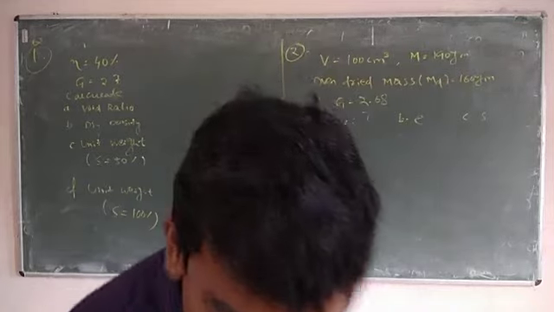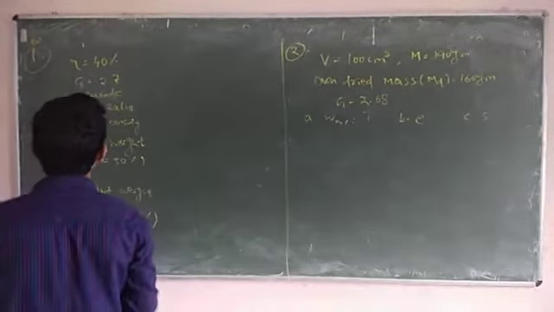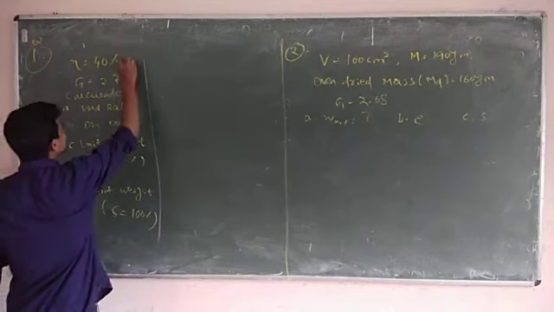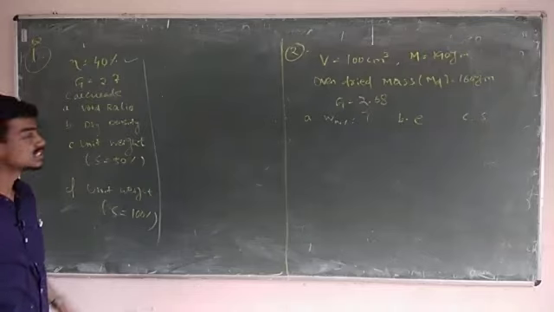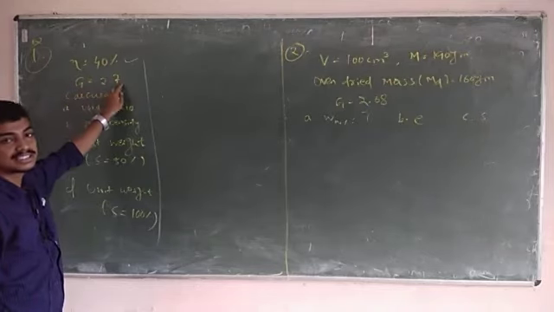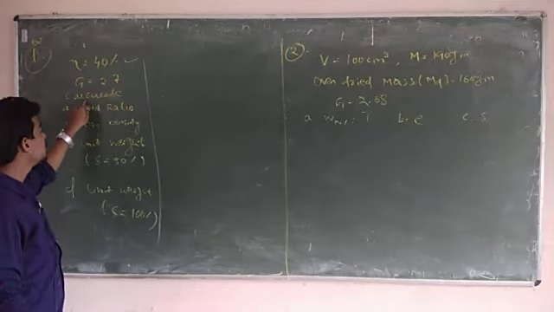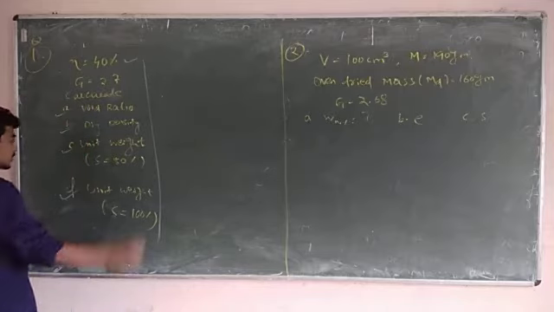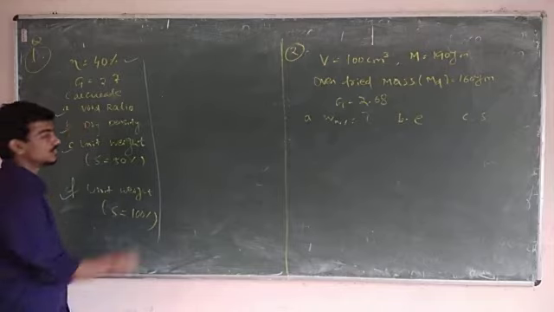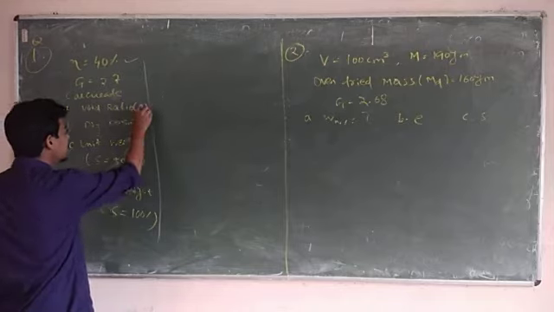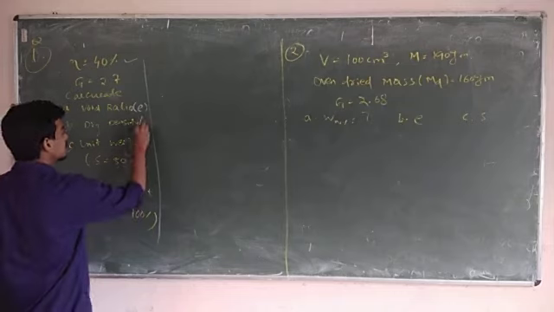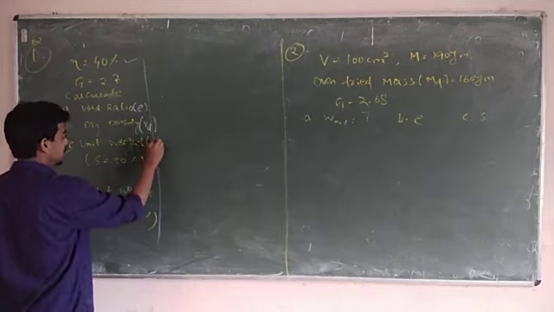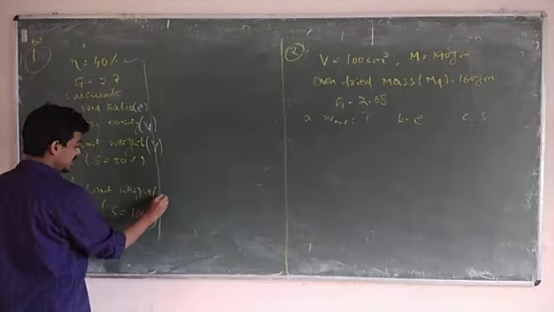As per the problem, these are the given data. n, meaning porosity, is given as 40%, and specific gravity is given as 2.7. Then you have to calculate these four things. First is the void ratio, e. Then dry density, gamma d, and unit weight, gamma. Here also unit weight, gamma.